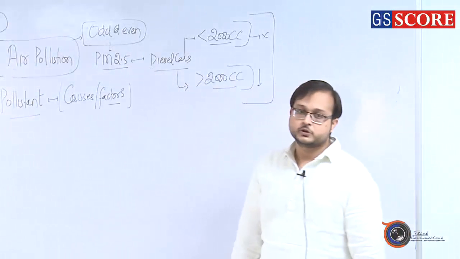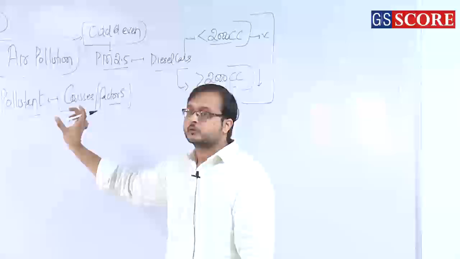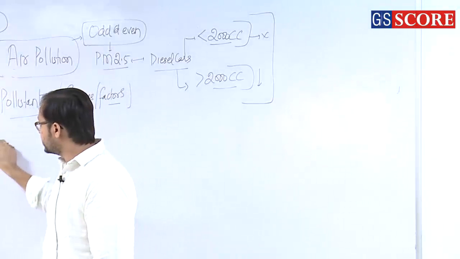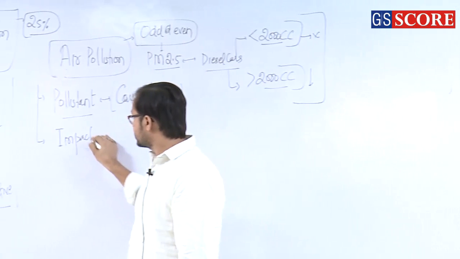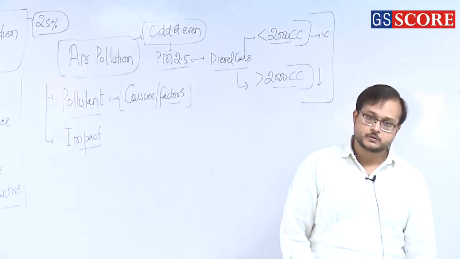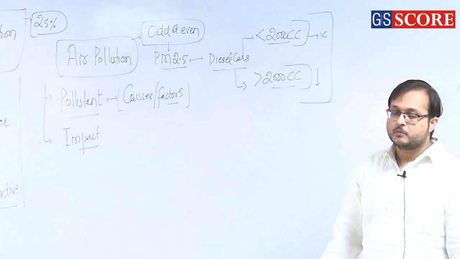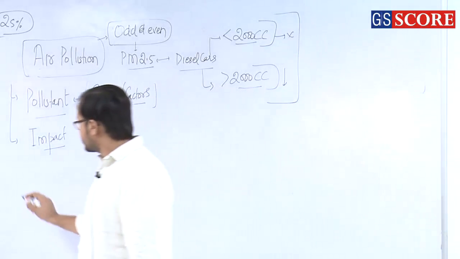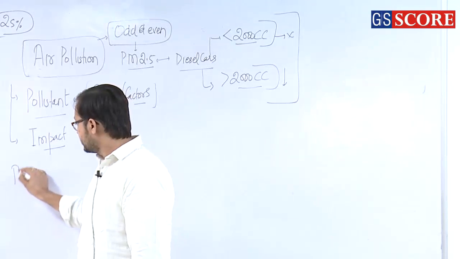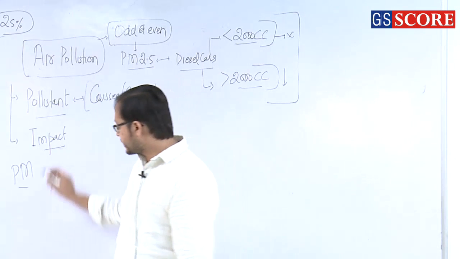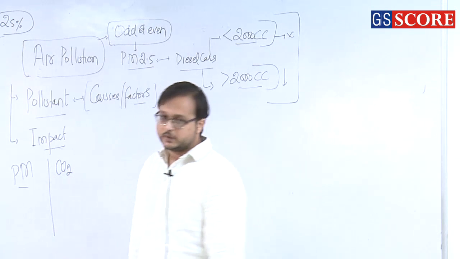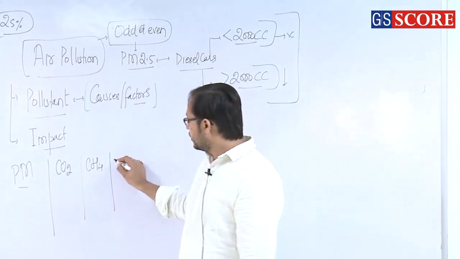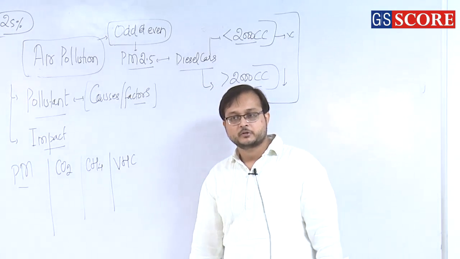So when we speak about air pollution, we need to unfold it: first is the pollutant, second is the cause or the factor associated with that pollutant, and then the impact associated with that pollutant. These three are of supreme importance as far as the questions are concerned in this particular topic. We have also classified this into a few factors like particulate matter and their impacts, their causes, carbon dioxide, their impact, their causes, methane, their impacts, their causes, volatile hydrocarbons, impacts, causes,